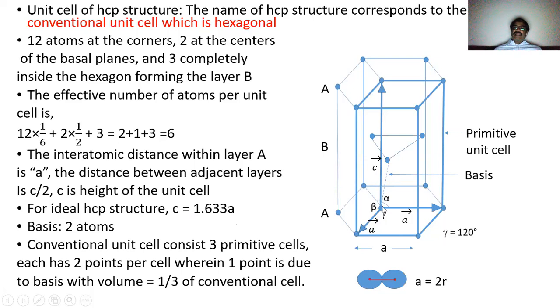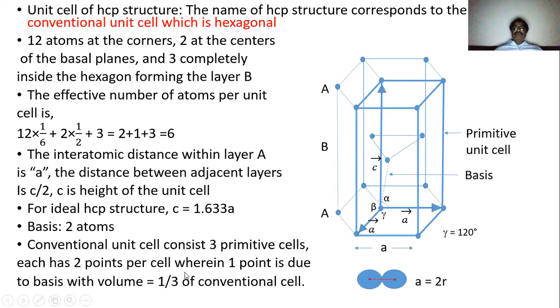Now look at the basis here. So this lattice point and this lattice point, which is exactly inside the body, at the center of the body, these two lattice points with the specific elevation form the basis of the crystal. So the basis of the crystal having hexagonal lattice unit cell consists of two atoms, this atom and this atom. Okay, so in this way, as I have explained earlier, the conventional unit cell consists of three primitive unit cells,